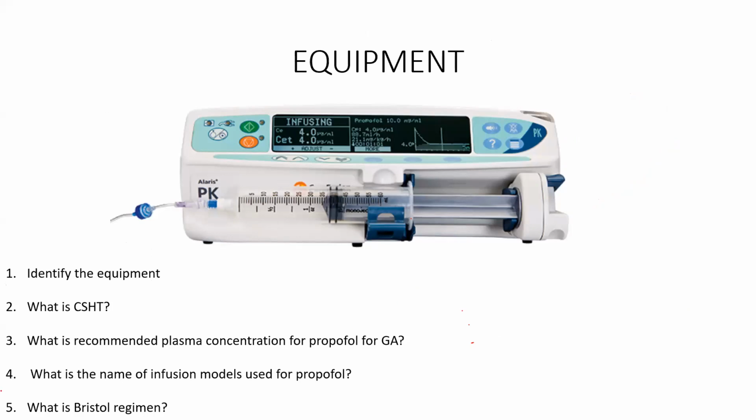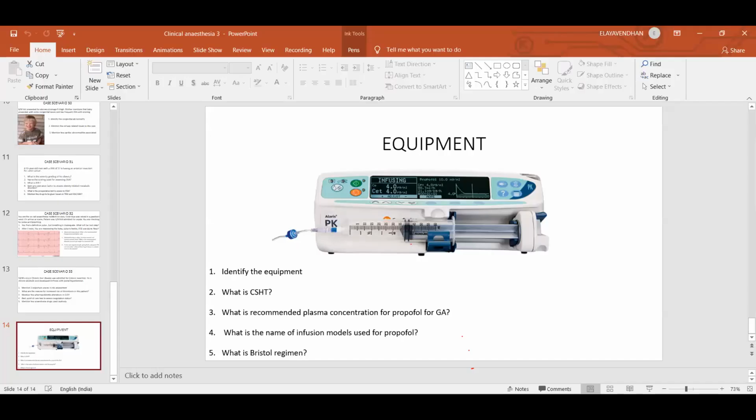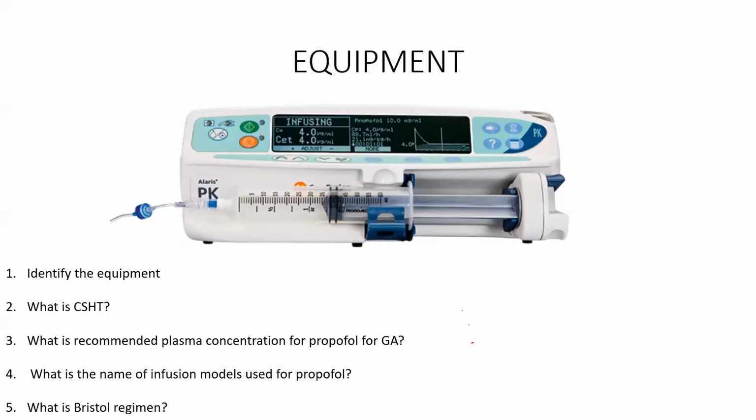Right. What is this equipment? I just want to put specifically this equipment because I had a hunch that you might get this one. Target control infusion pump. It is a TIVA pump. Target-controlled pumps are total intravenous anesthesia pumps. So these pumps are different from the conventional infusion pumps. They are not the same as the conventional infusion pump. That's why I put it here. So these pumps are called target control infusion pumps or TIVA pumps.